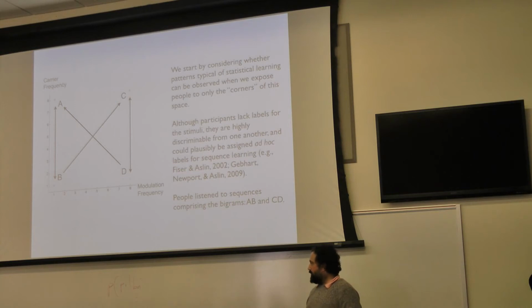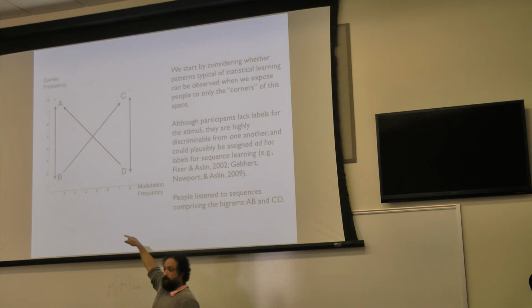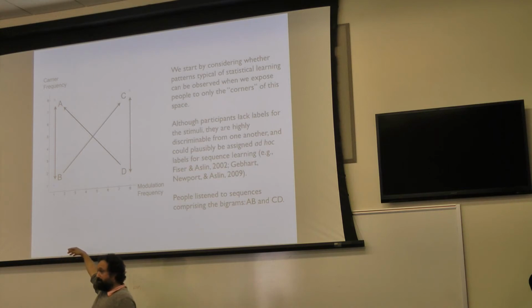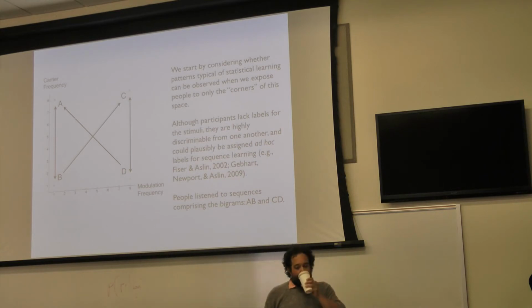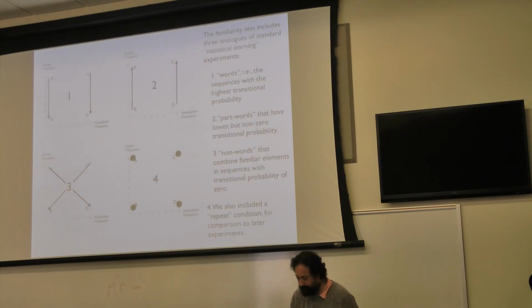So this is like the case where, given a A, you predicted B, right? So given an A, you have to predict that you're going to hear a B because you've only ever heard B after A. When you hear a B, you have some ambiguity in the prediction. Right? And then we developed four different types of